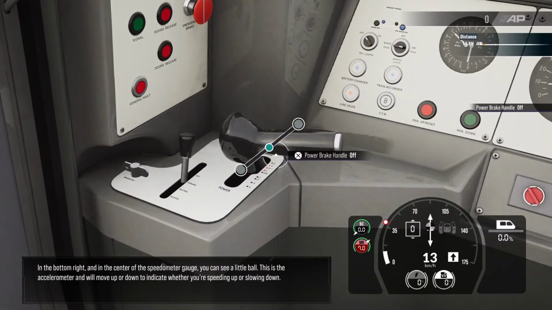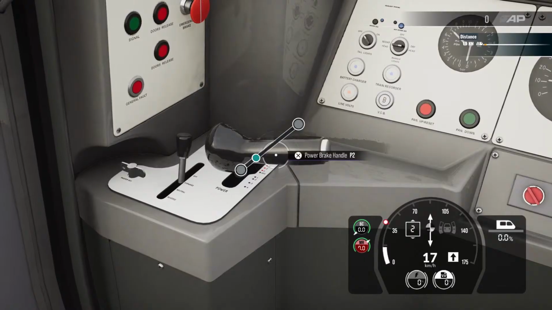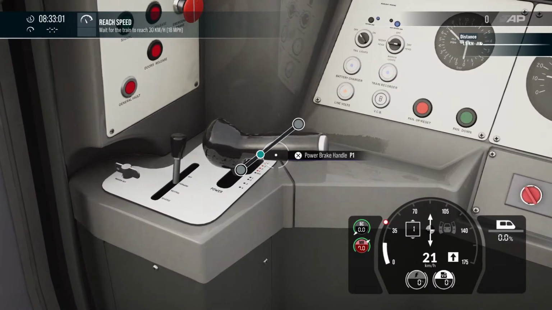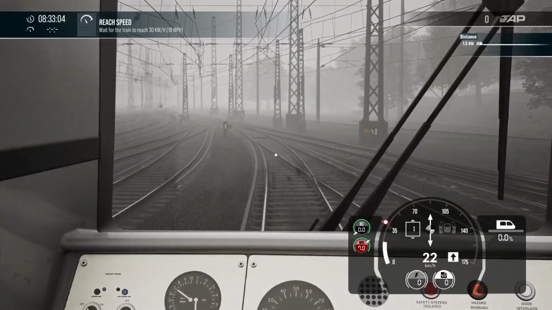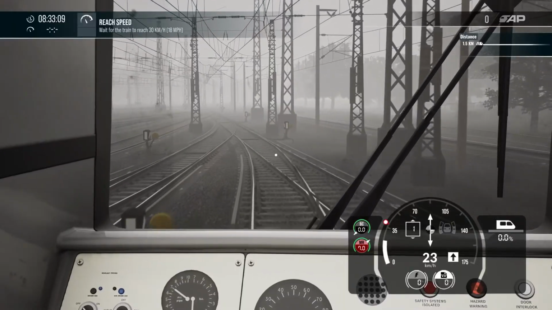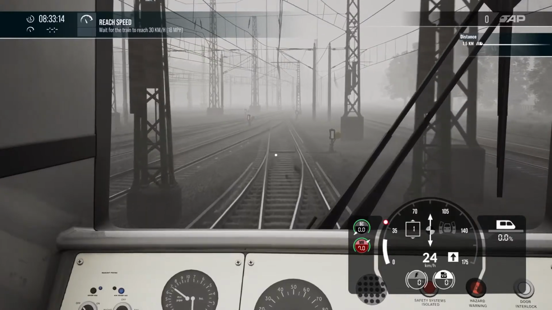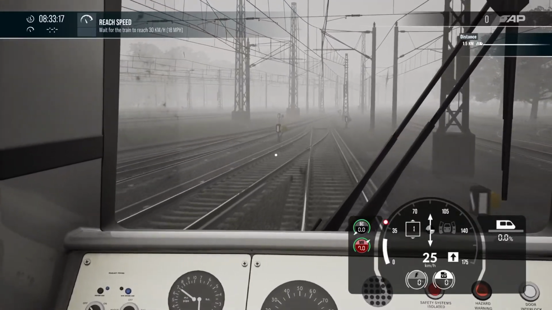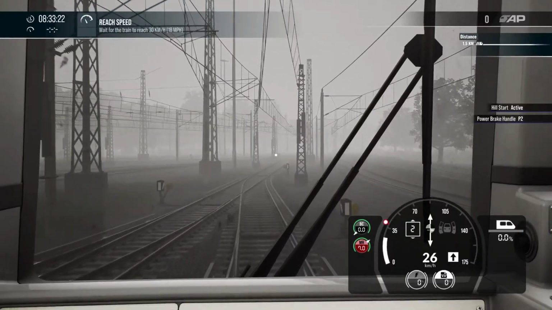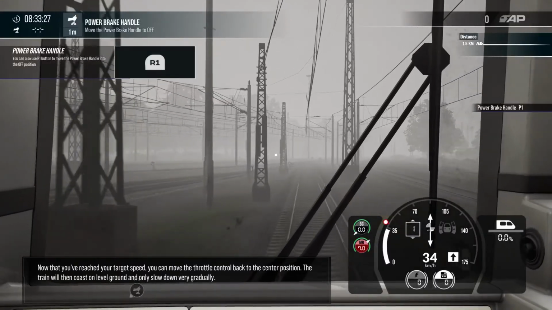This is the accelerometer and will move up or down to indicate whether you're speeding up or slowing down. Now that you've reached your target